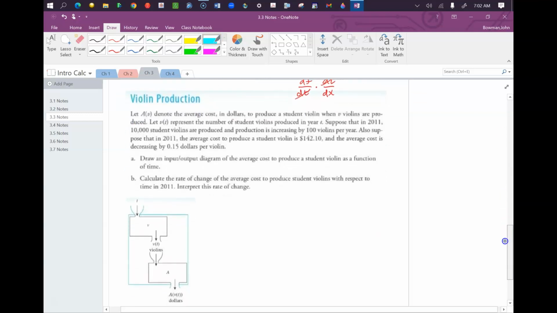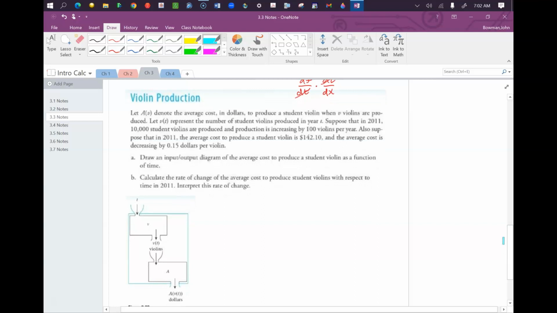So here's the situation. Violin production. A of V denotes the average cost in dollars to produce a student violin when V violins are produced. V of T represents the number of student violins produced in a year. Suppose that in 2011, 10,000 student violins are produced and production is increasing by 100 violins per year. Also suppose that in 2011, the average cost to produce a student violin is $142.10, and the average cost is decreasing by